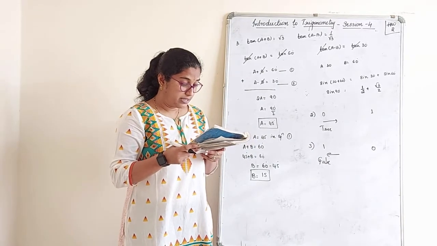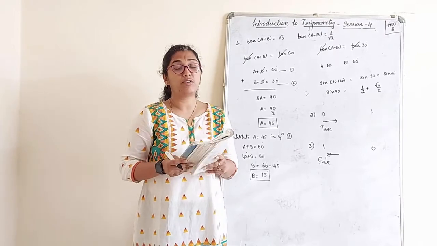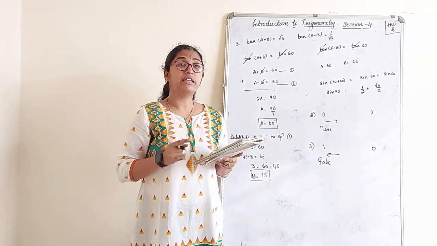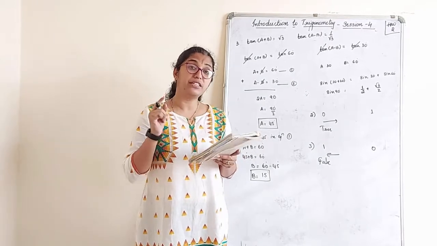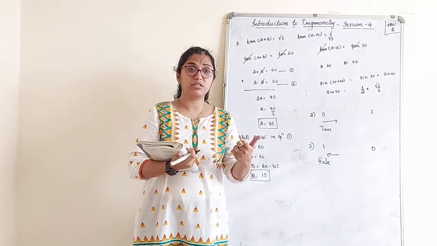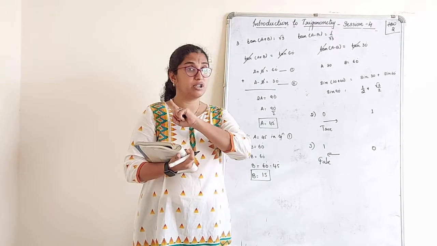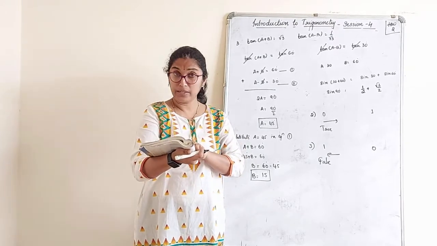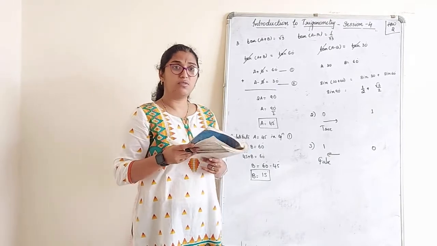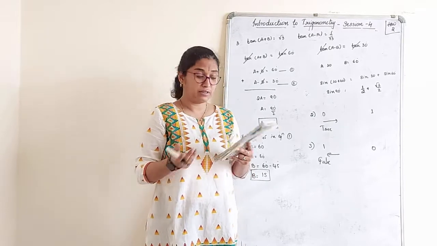Fourth one, sin theta is equal to cos theta for all values of theta? No, it is not for all values of theta. Then in what condition is sin theta equal to cos theta? It is only when it is 45 degree. Sin 45 is equal to cos 45. That's the same case in all other values, sec and cosec, tan and cot. Only at 45 degrees are they equal, not for all. So, fourth one is also false. Last one, cot A is not defined for A is equal to 0. True, cot A is not defined because cot A is infinity. We have found that out.